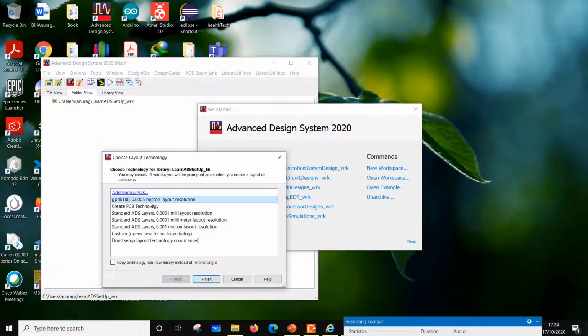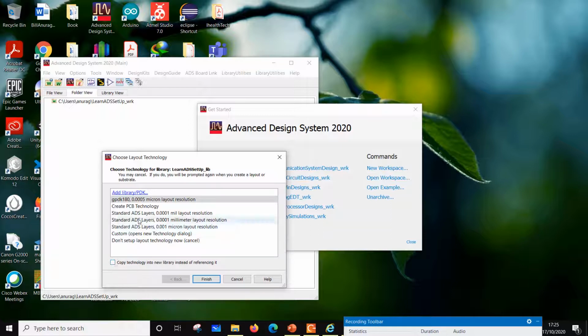It will pop up what is the default resolution for the PDK. I would prefer to go with what it has recommended because it is for the process, and I would say finish. Now one option here is copy technology file, which means that these PDK files are locked. You cannot change them. All you can do is refer to them. If you want to make changes, for example, to the metal stack up for some reason, then you can check this. Then a copy of the entire PDK would be editable in your project, but the main copy will still remain intact. So you are copying the technology file, you are not referring to the technology file.